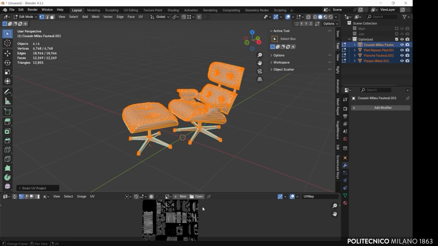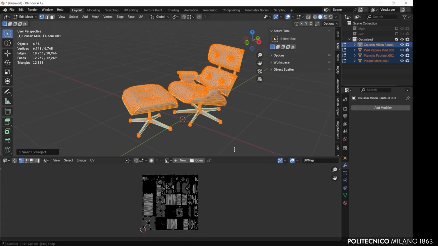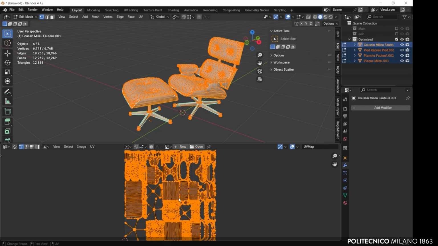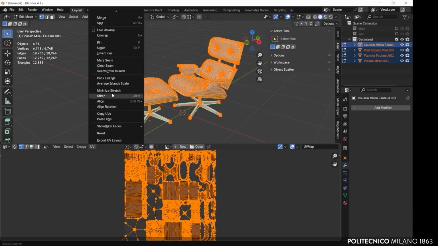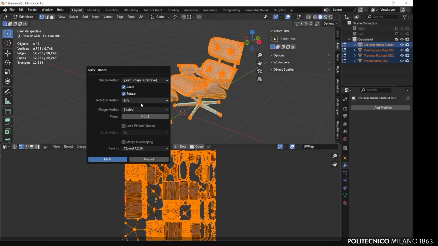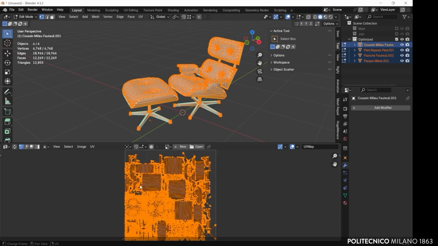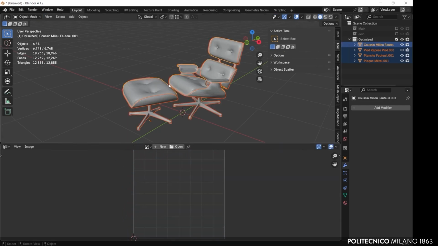This will generate a UV layout in the UV editor. To optimize the layout further, navigate to the UV tab, select Pack Islands and ensure there is a sufficient margin between the islands to avoid overlaps. This step assures a clean UV structure.